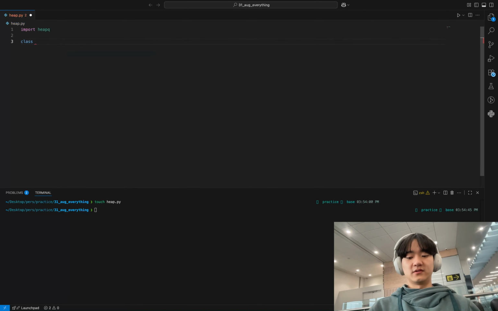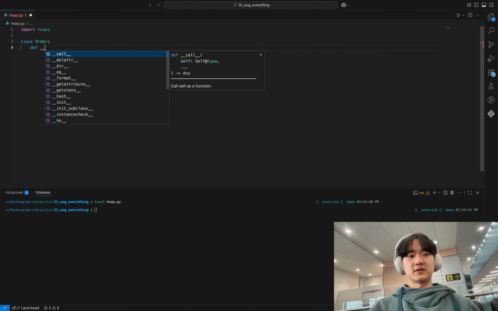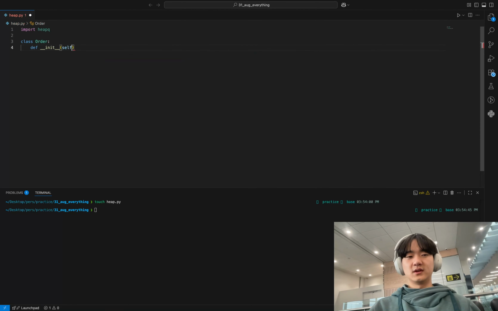So one is the order object. And let's write the initializer for this. It's not the constructor. The standard method is not the constructor, but the initializer. We've got to know that the constructor is more like new, and the reason it's not a constructor is because